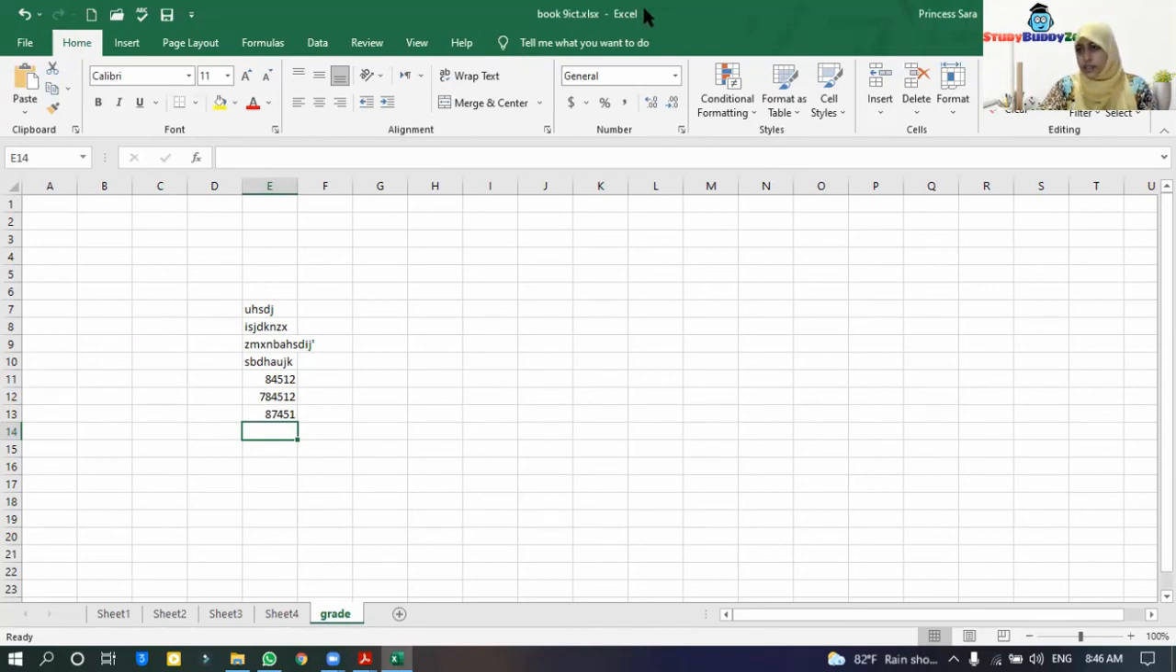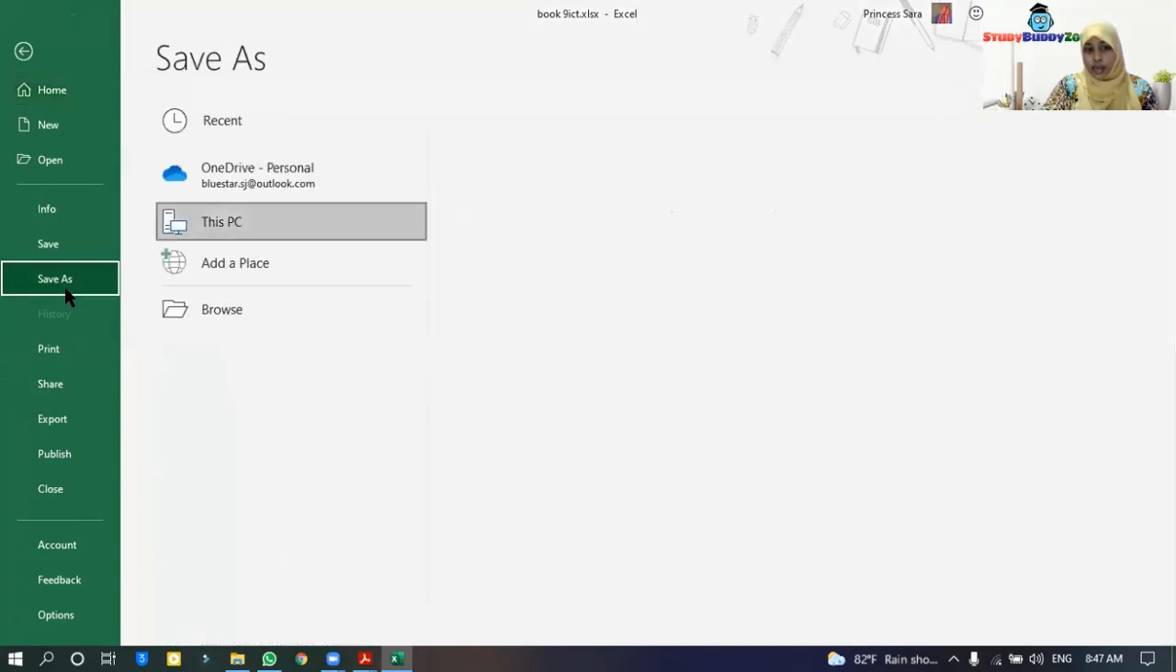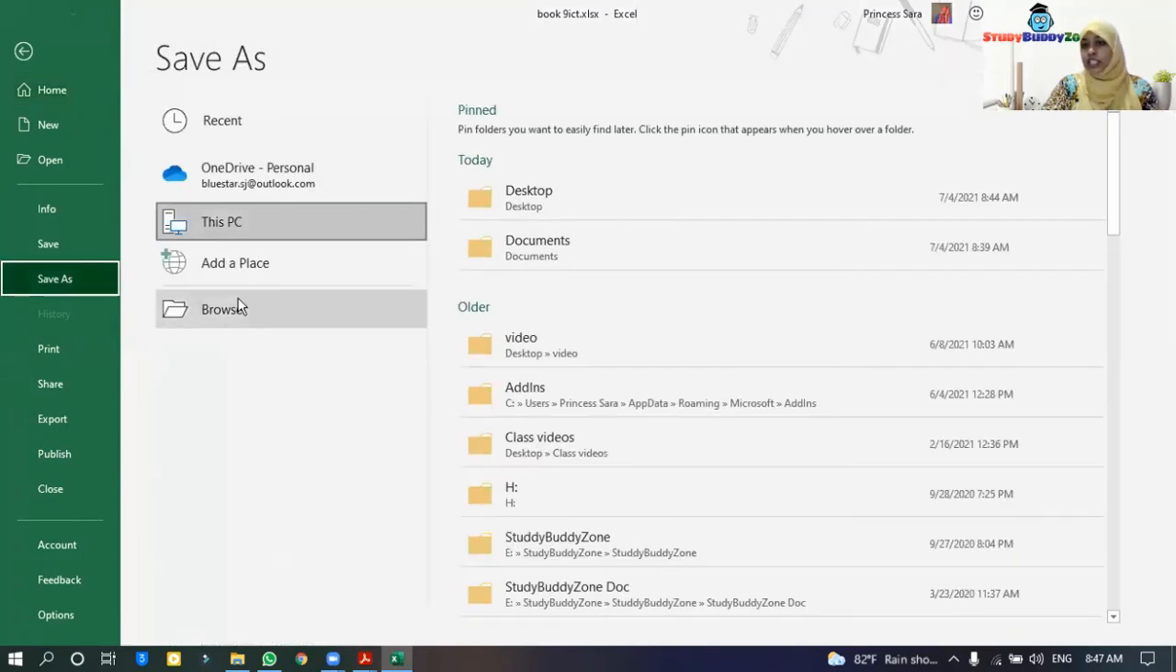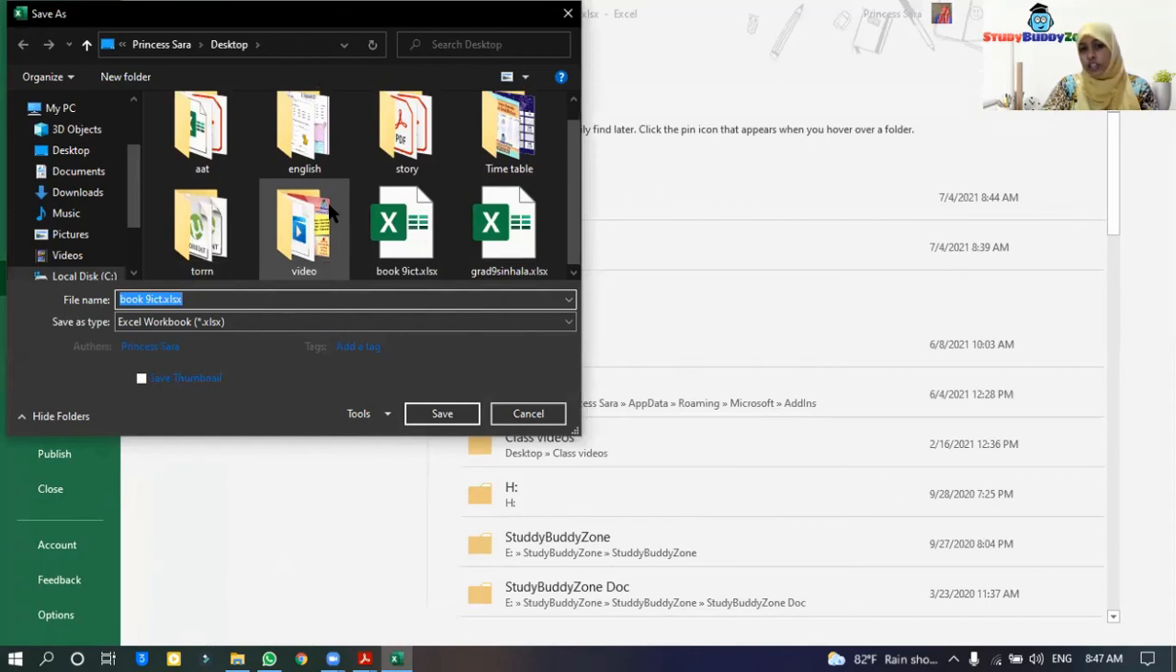Now you have already saved the document. Now for example, say you want to save a copy of this document in another place, or you want to change the name of the document. What should you do? Go to File, go to Save As. There are Save and Save As. Go to Save As, and then you can change the destination, the location of the file. You can go to Browse, and if you want, you can change the name, or else you can change the location of the